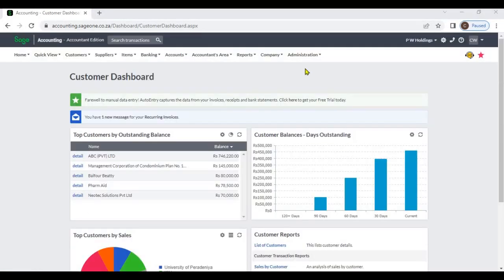Choosing the dashboard you want to display. Only users have the option to choose the dashboard they want to display when logging into the system. To access this function, select Administration, My Profile,